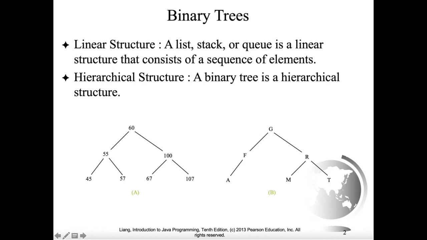Same thing in level 1. We can only have a maximum of 2 children in this level, and they're all full. So 55 and 100, you're always going to count or start from the left in each level. And then 60 is the only one you can have. So as you can see, you can easily calculate how many nodes we can have maximum in a particular level